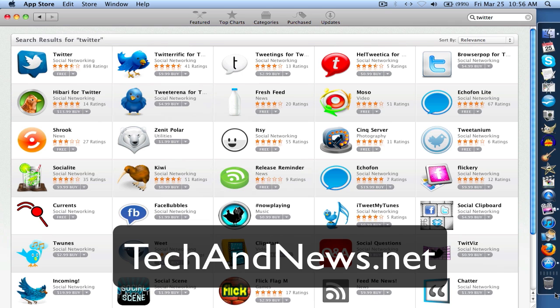So anyways, here we are on a Snow Leopard machine with the App Store, and we have the ability to just one-click download these free apps and check them out. When you do a search for Twitter up here in the right column, this is what comes up. As far as free, we have Twitter is free, and Echo Phone Lite is free. Regular Echo Phone is $20. Twitterific is $10. I mean, what happened to the 99-cent apps? Are they really $10 and $20 now? That's kind of ridiculous.